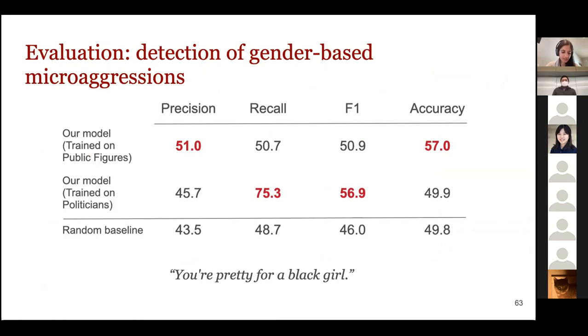We evaluate how well it works by using a corpus of self-reported microaggressions. This was really challenging in this work, figuring out how to evaluate the model, because our whole premise in this project is that we don't want to rely on bias annotations. We don't believe that annotator judgments are reliable in this setting. So how do we evaluate the model if we're trying not to use annotated data? That's why we landed on this corpus of self-reported microaggressions.